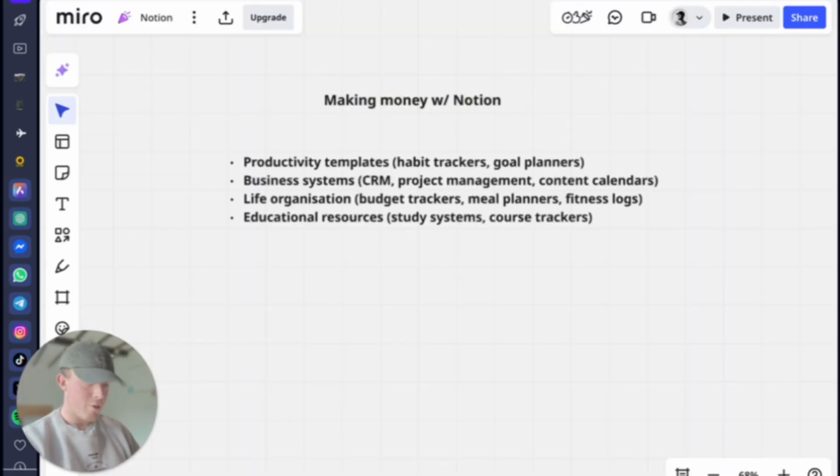Some of the most profitable digital products you can create with Notion are productivity templates like habit trackers and goal planners. You've got business templates like CRM, project management pages, content calendars, life organizers like budget trackers, meal planners, fitness logs. Then you've also got educational resources like study templates, course trackers, or even courses themselves and digital